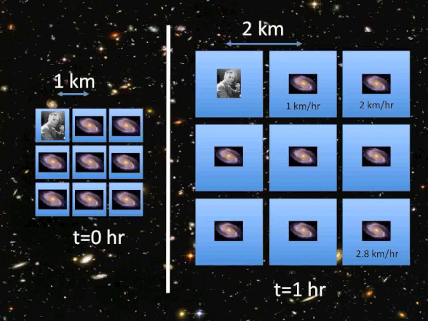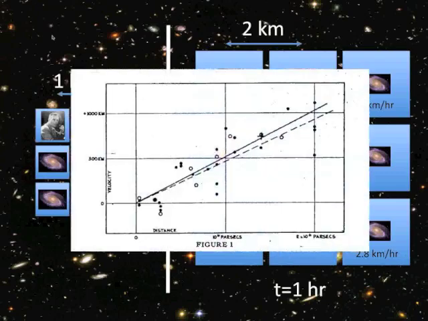But this galaxy right here, which used to be 2 kilometers away from Edwin Hubble, now sits 4 kilometers away, right? So in 1 hour, this galaxy moved from 2 to 4, so it moved 2 kilometers. Basically, the further away a galaxy is, you measure 1 kilometer per hour for this one, 2 kilometers per hour for this one, almost 3 kilometers per hour for this one. The further away a galaxy is, the higher the apparent velocity at which it seems to be moving away from us because of the expansion of the universe, all right?